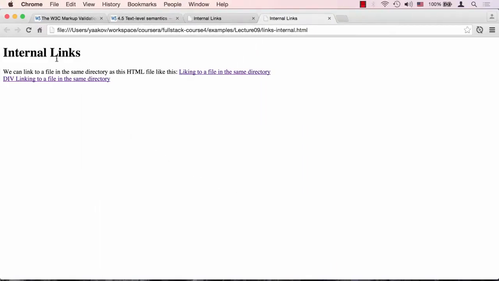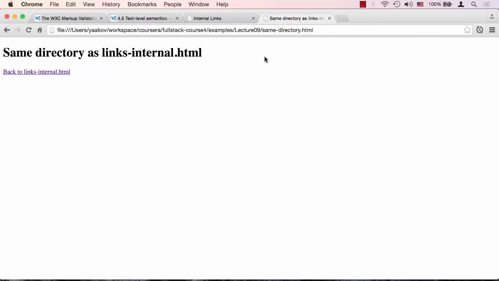Okay, so here's our internal links page, and we have a couple of links. One says linking to a file in the same directory, and the other one is the div, that's the A tag surrounding the div tag, that says div linking to a file in the same directory. And if we click that, we're going to go to this same-directory.html page, which basically just provides a link back